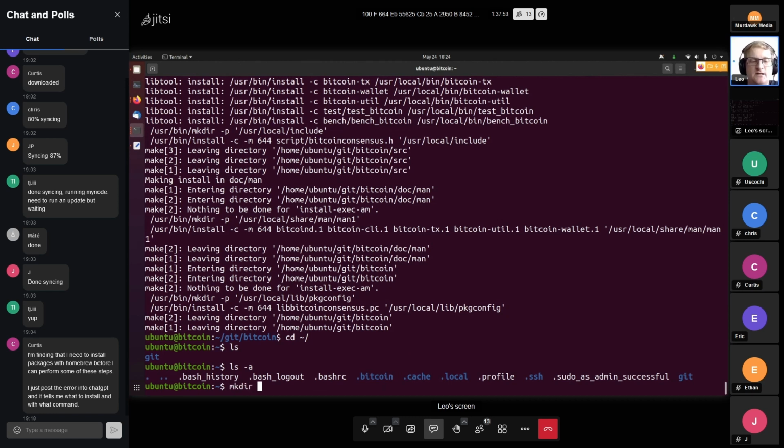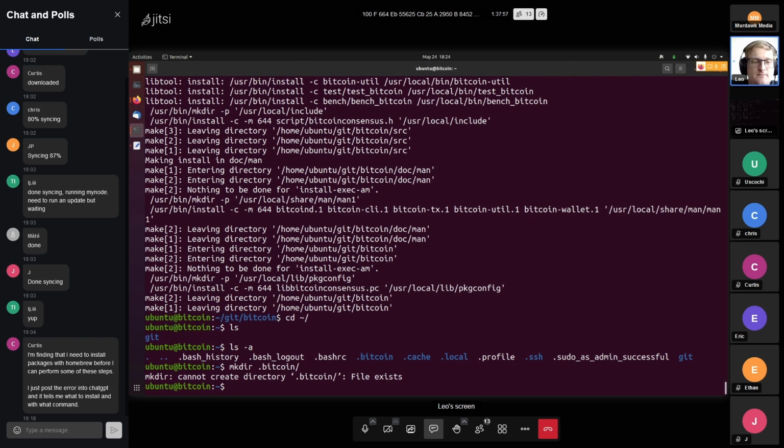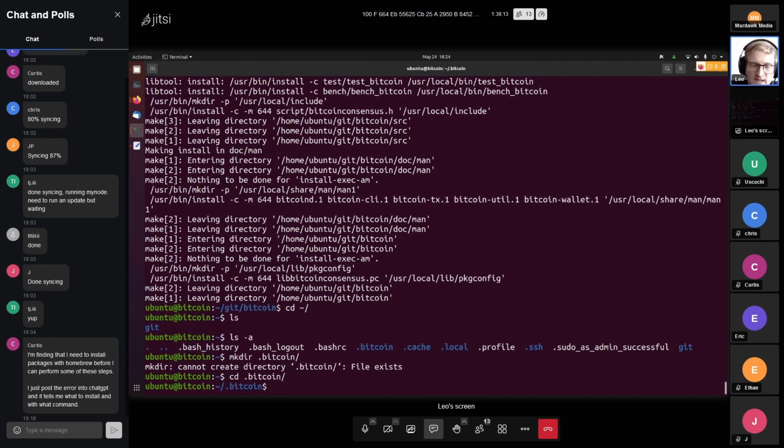But we can just go into this. I know that mkdir means make directory. We want to use cd, which stands for change directory. This means we enter this directory, .bitcoin, and in here we use nano, which is just a way to edit files